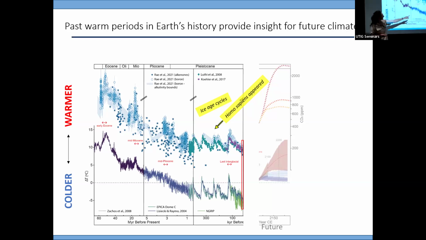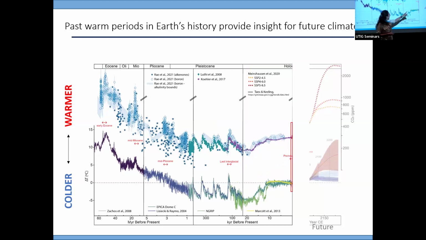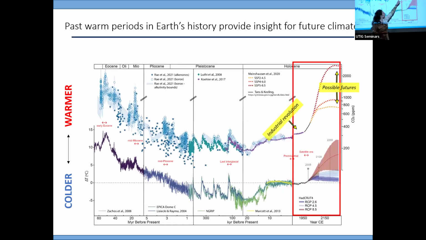Okay, if we expand out this most recent part, now we see the warming out of the last glacial maximum. And finally, this little blip at the end of the segment is the recent measured warming, followed by future projected changes in CO2 and temperature. And so the point of this figure is to place these future projections into context with the past. And the goal is to demonstrate the need for understanding past warm periods as modern and future analogs.